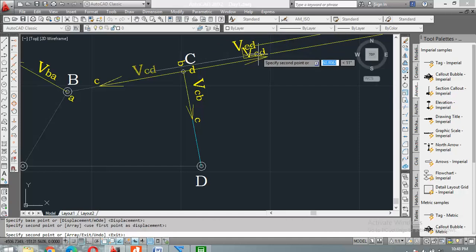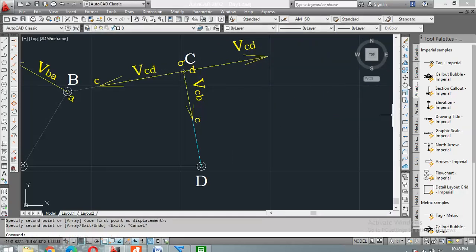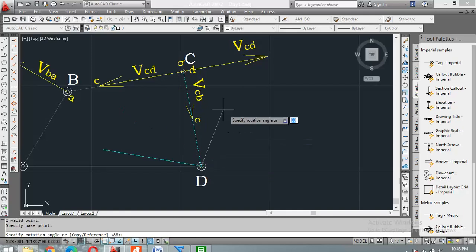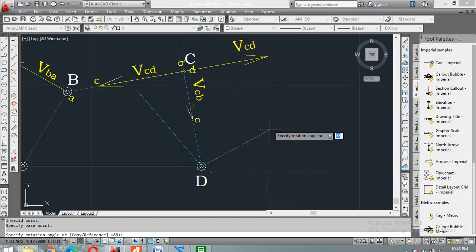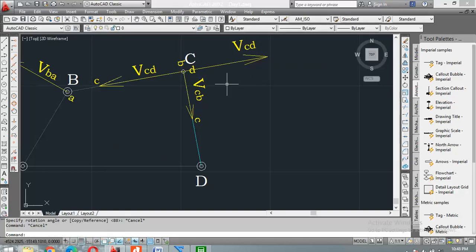This velocity direction can be correct, because at present we don't know whether CD is rotating in the anti-clockwise or clockwise direction. If it is rotating anti-clockwise, then the first option will be right. If it rotates clockwise, then the second option will be right. So I am keeping both options open. अभी इसको confusion ना हो उसके लिए मैं delete करके रखता हूँ. At present I am focusing only on VCD left here.